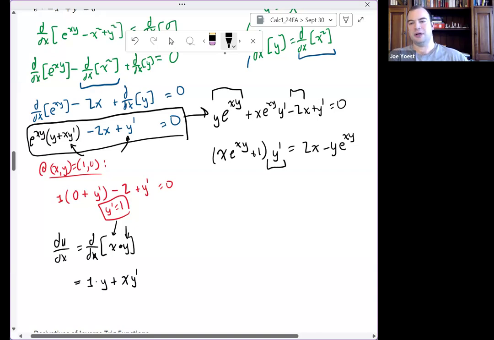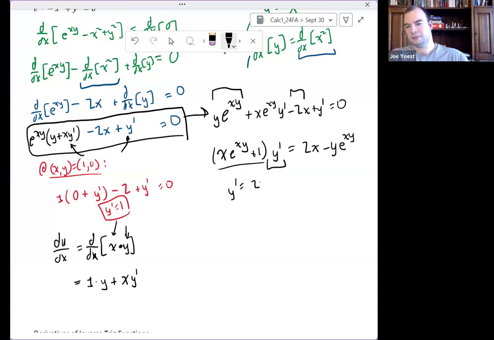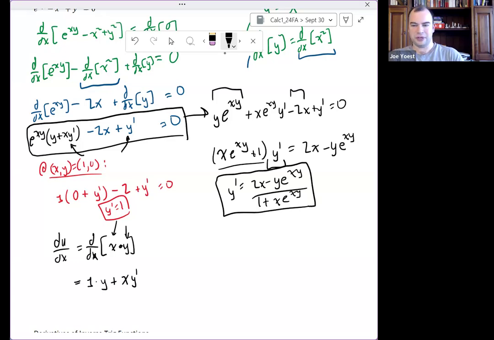And now to solve for y prime, I just divide by this stuff. I mean, this isn't the prettiest simplification in the world, but I now have y prime as a function of